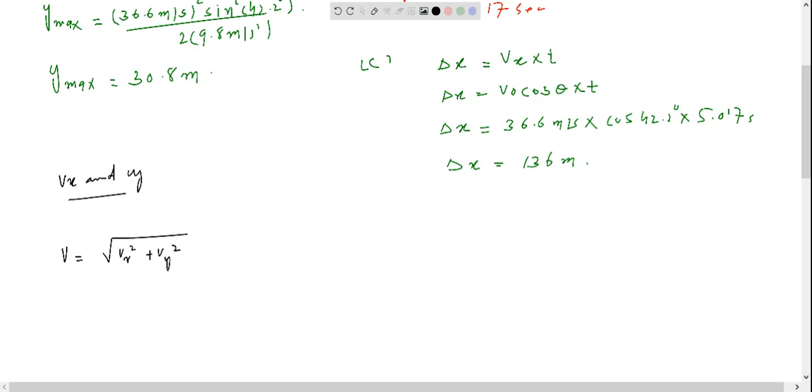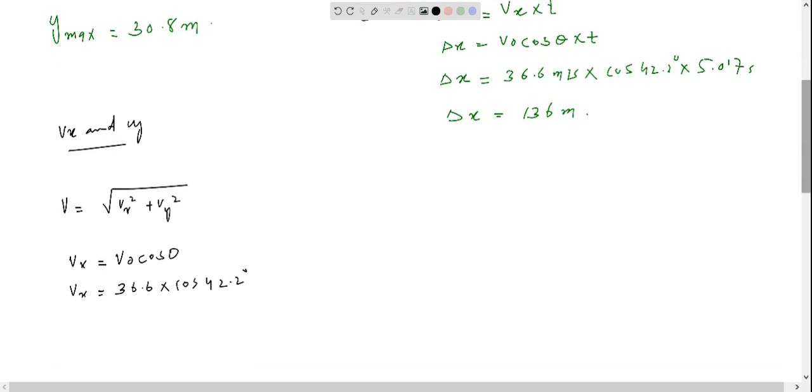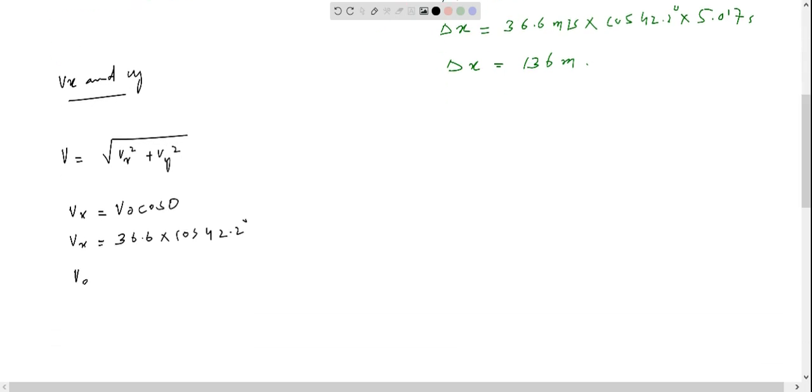As we know, the horizontal component of the velocity is given as V naught cos theta. So Vx is equal to 36.6 multiplied by cos 42.2 degrees. So therefore the horizontal component of the velocity is equal to 27.11 meters per second, and the vertical component Vy